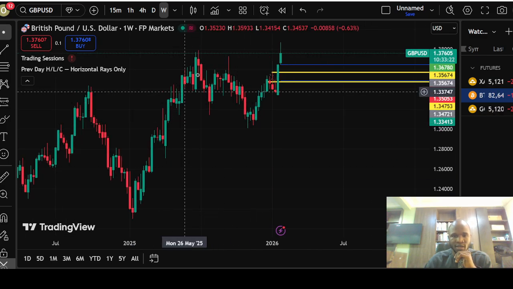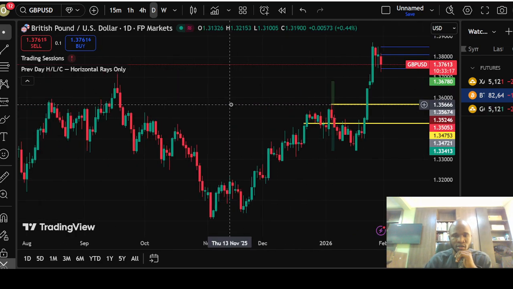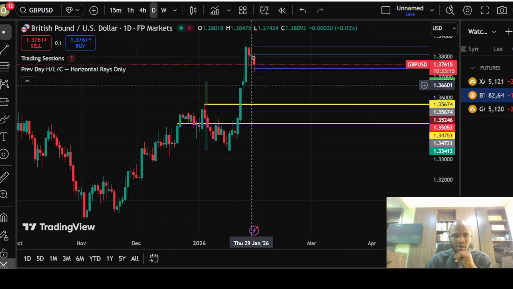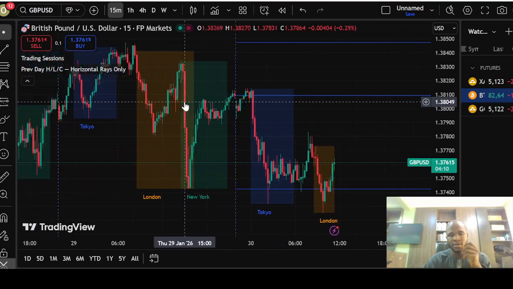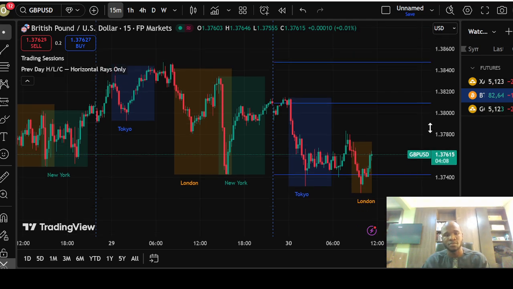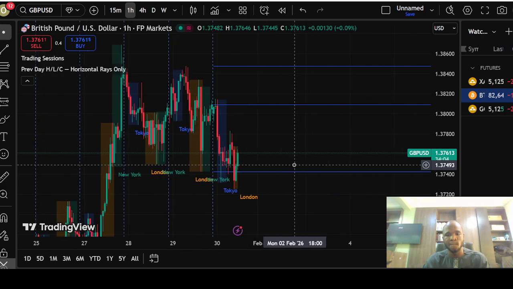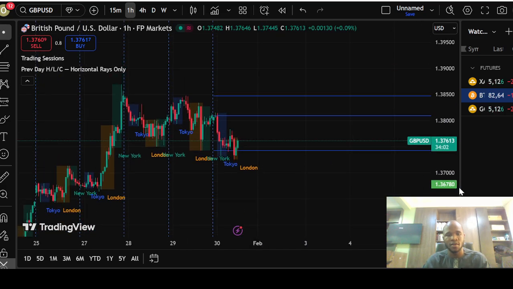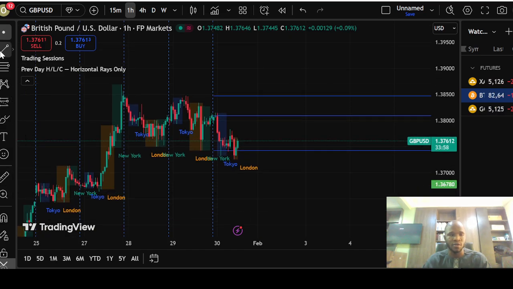During periods that has been an uptrend, you go to the daily, it's been on an uptrend, still an uptrend, and 15 minutes. Alright, so 15 minutes for me to be able to, in 1 hour,